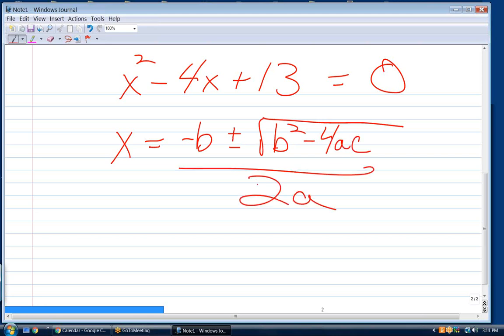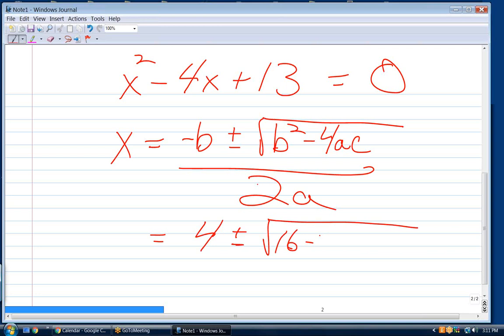And the whole thing's divided by 2a. So let's fill it in. What's minus b? That'll be 4. The rest of it? 16 minus